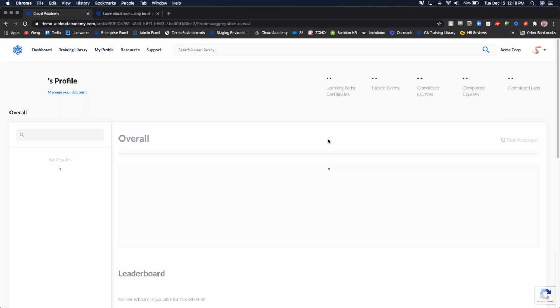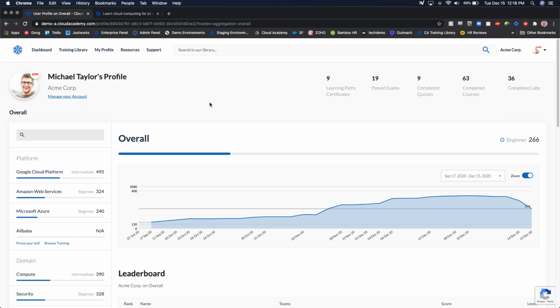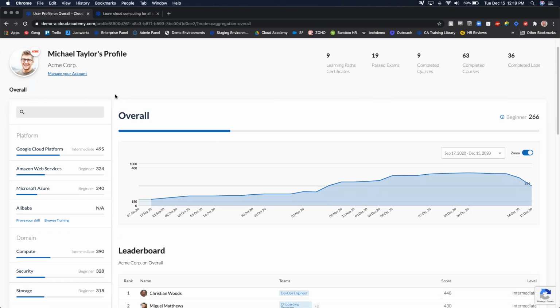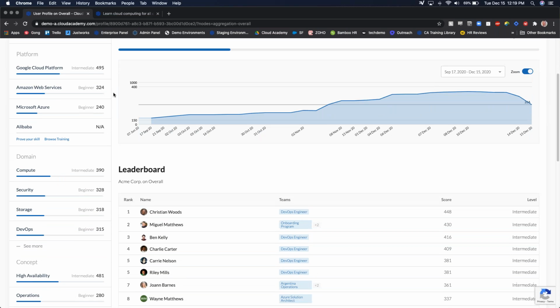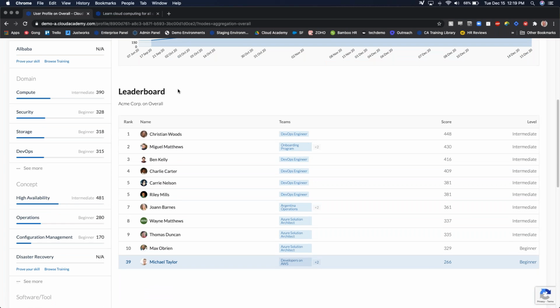The most important piece from this end user dashboard is going to be the individual's skill profile. Previously, we were seeing how our skills grew at an organizational level, but now we're seeing how Michael's skills have grown and changed across time. Just like before, we have all of the exact same topics over on the left-hand side. We also provide a leaderboard, which can be suppressed, but it will only reflect the top 10 users for a given category and show my relation to those 10 users.